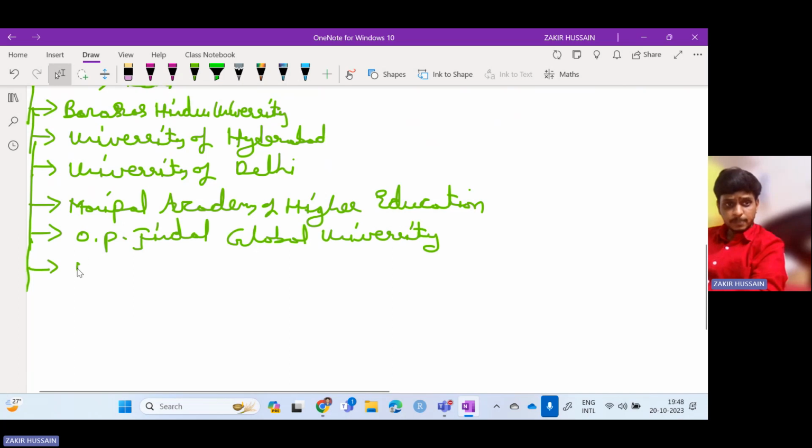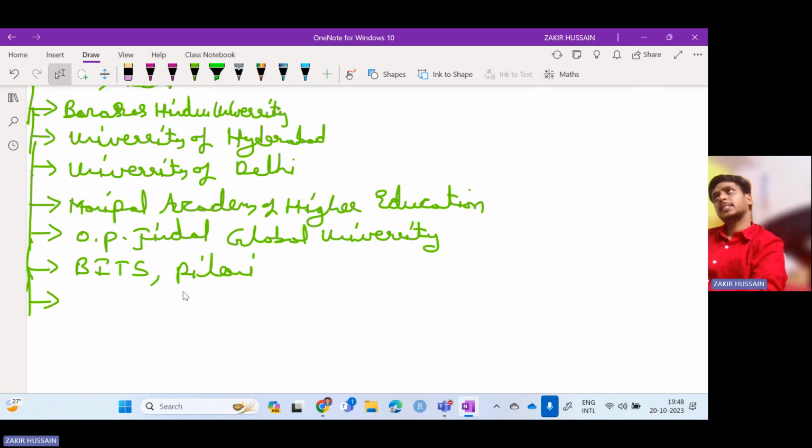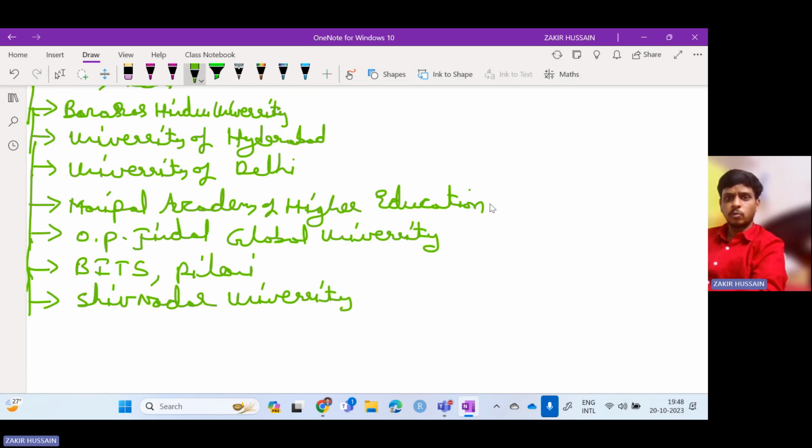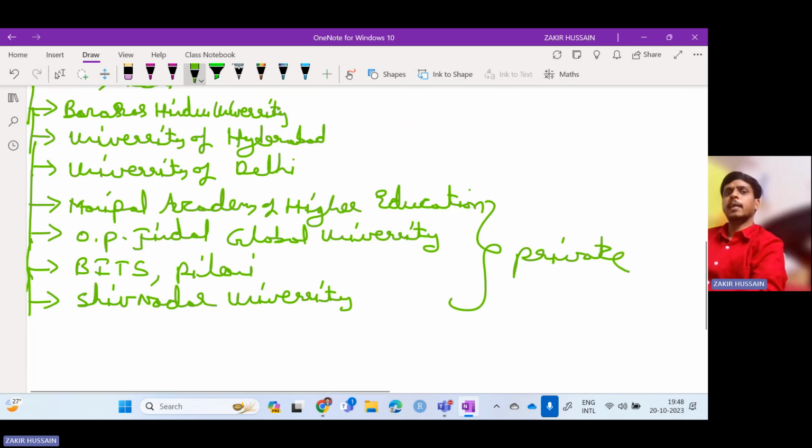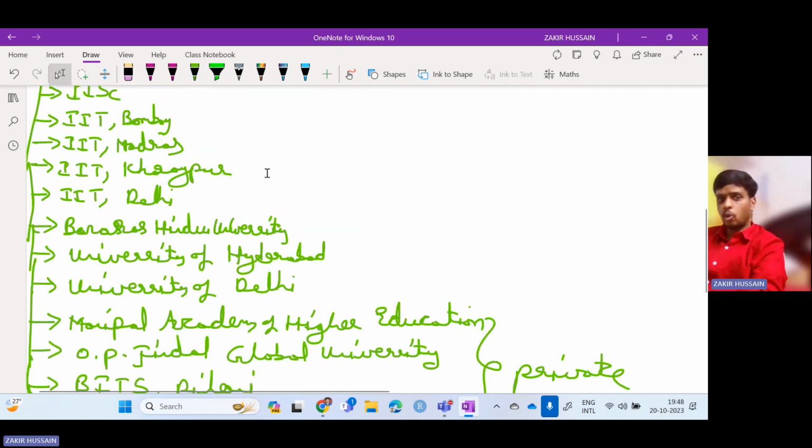Then we have BITS Pilani, Birla Institute of Technology and Science, Pilani campus, Rajasthan, Goa campus. Then we have Shiv Nadar University in Noida. So these are the private ones. All these four are the private Institutes of Eminence category, and the above eight institutes are the government Institutes of